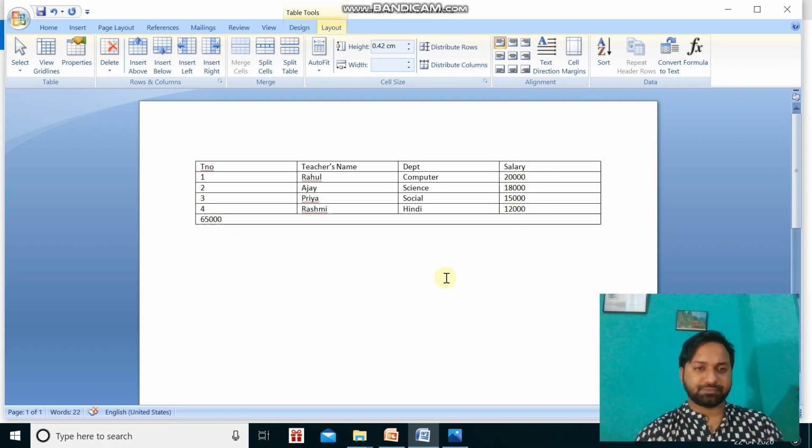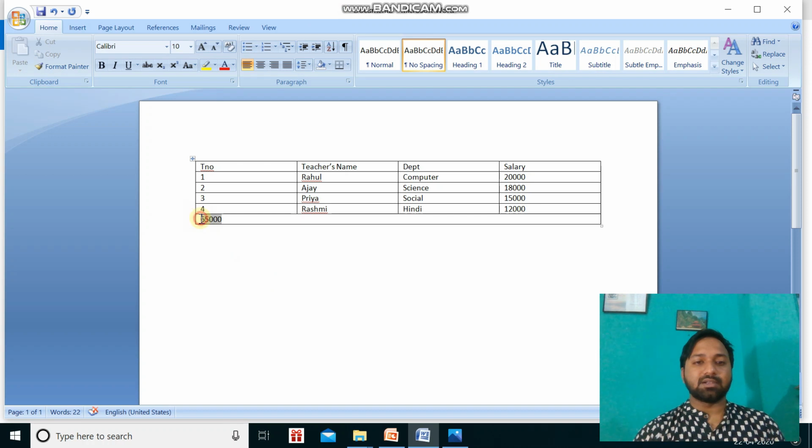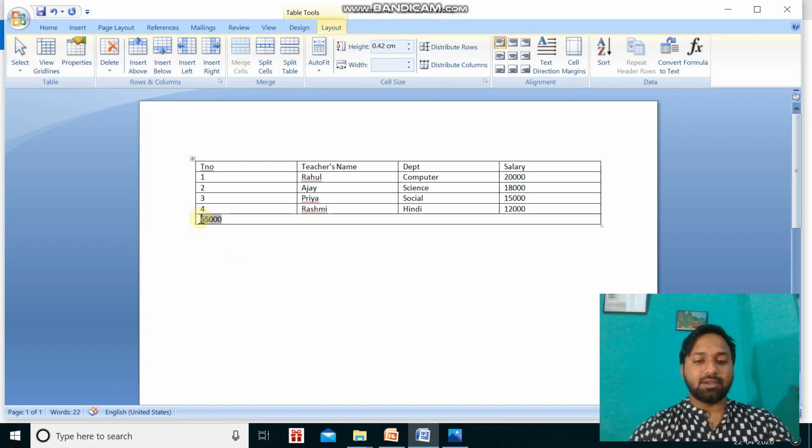Now you can say that 1 2 3 4 are also numbers, right? Then why are 1 2 3 4 not added up? The answer is, the data of the last column will add up. Okay, so here, bring the cursor here, and you write